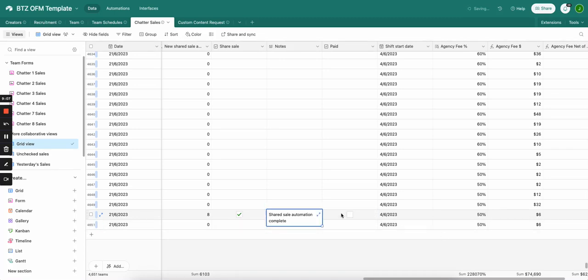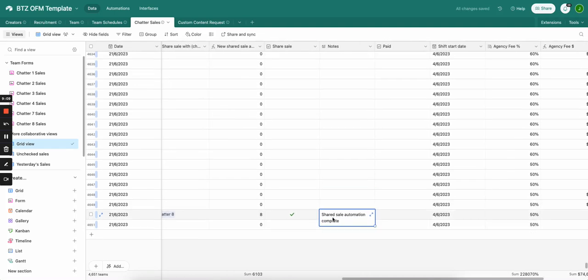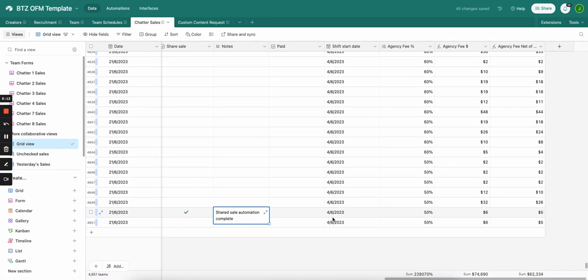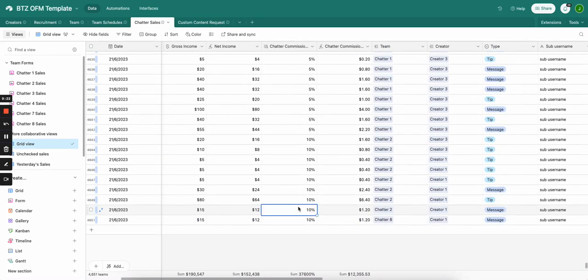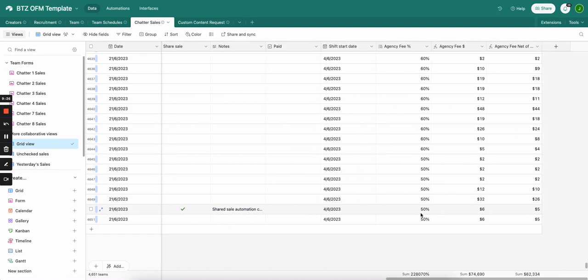And then what we do as well, and then we can just carry on the rest. So that's the shared sale aspect of it, and we can carry on down the line here. When we pay people as well, we tick this depending upon how you want to set it up, which we'll go into later. But in addition to showing the chatter commission, which calculates it here, we also show the agency